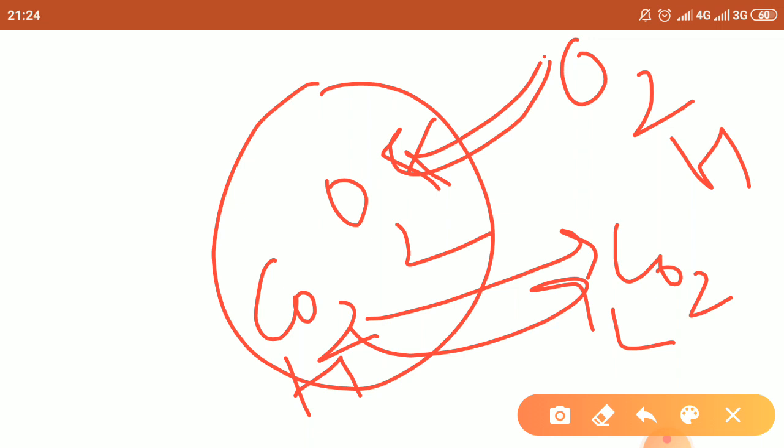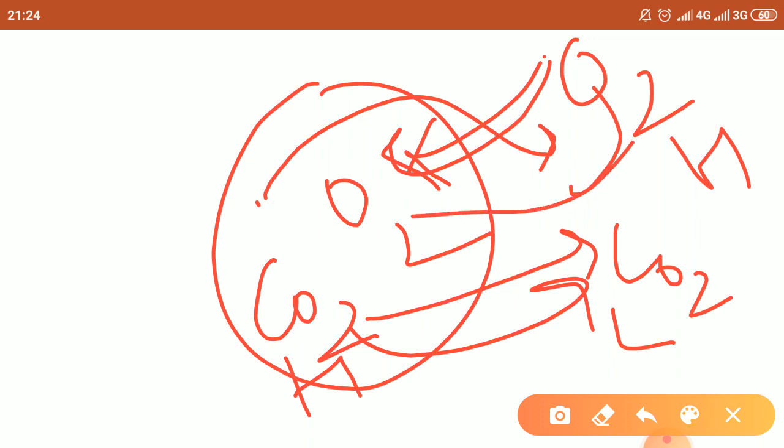So if it is asked, explain the exchange of gases within the red blood cell, that is with the help of diffusion. From the higher concentration of carbon dioxide inside the cell, it will move outside, and from the higher concentration of oxygen outside, it will move inside the cell.